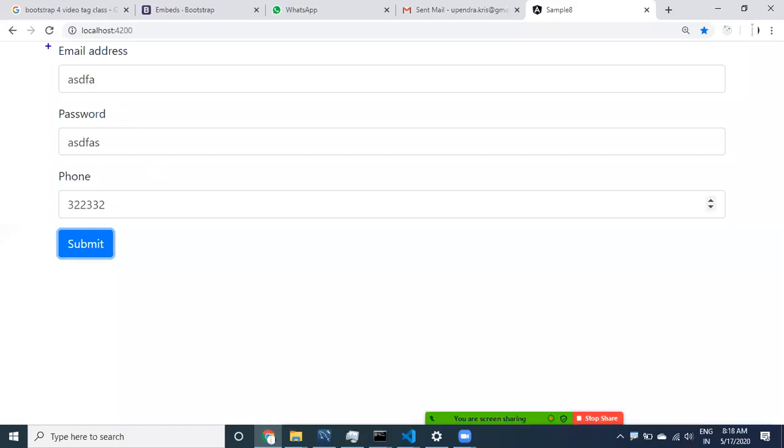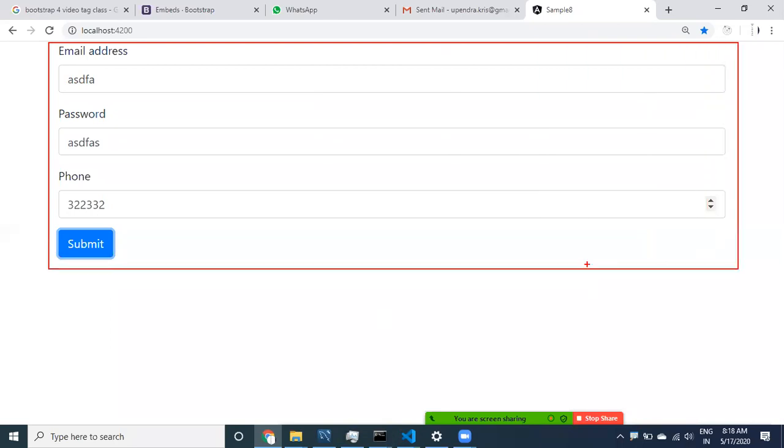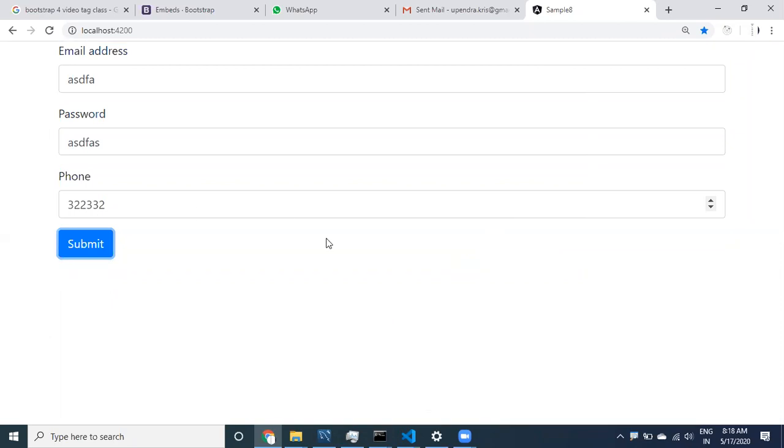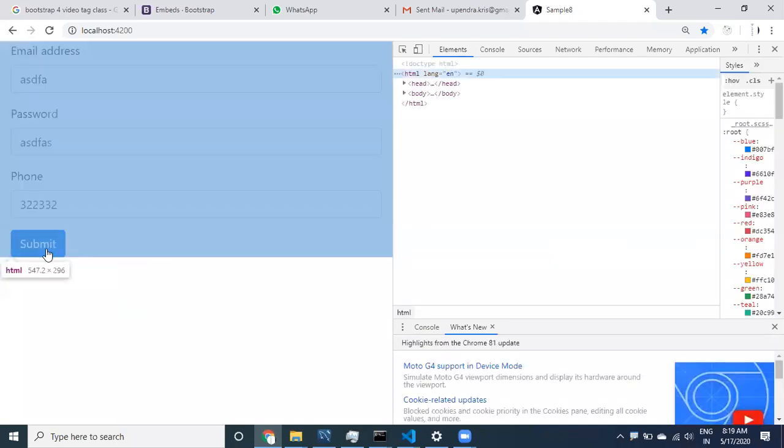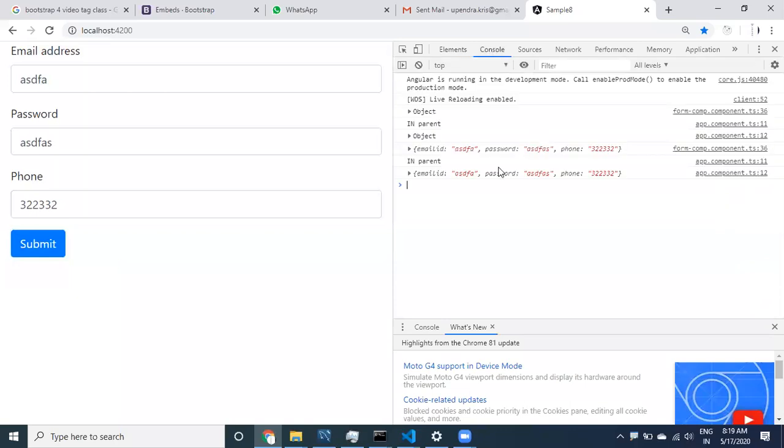So this is going to be something like a form, right? This is a child form component. Just for confirmation, if I go to inspect, what's happening, guys? Whatever data we have provided, if I click here, I can see the data in the parent component. Okay, data is coming to the parent component.